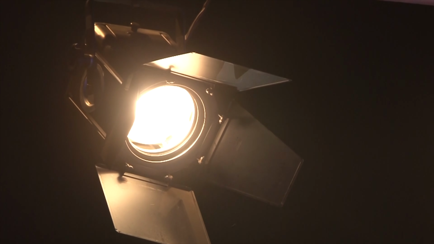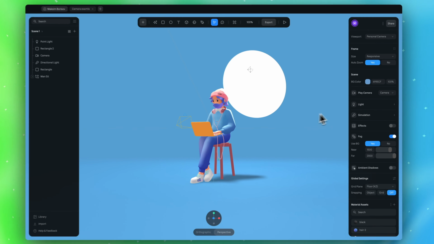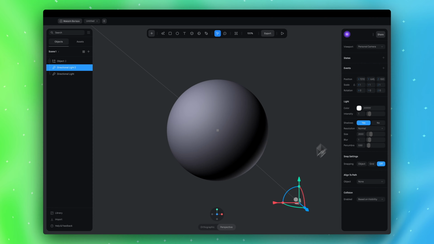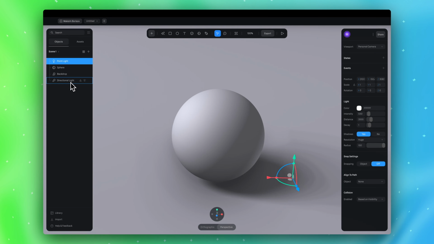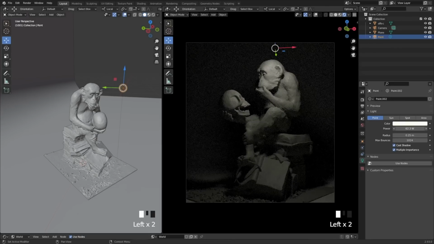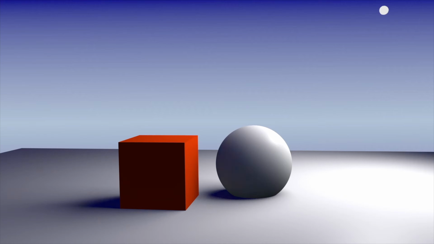Light is a very important thing when we talk about 3D. Light draws silhouette and helps us understand the shape and the depth. But light in Spline is not the same as in professional 3D tools, but very close. In professional 3D programs, light not only highlights objects but also reflects from them, and these reflections create this realistic